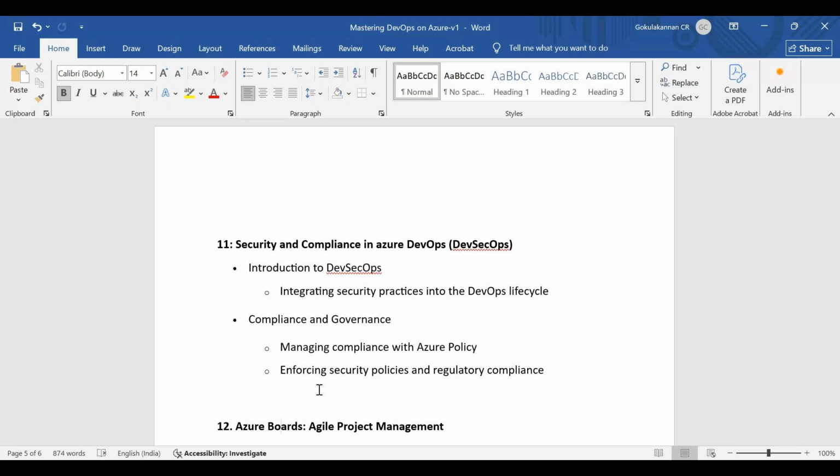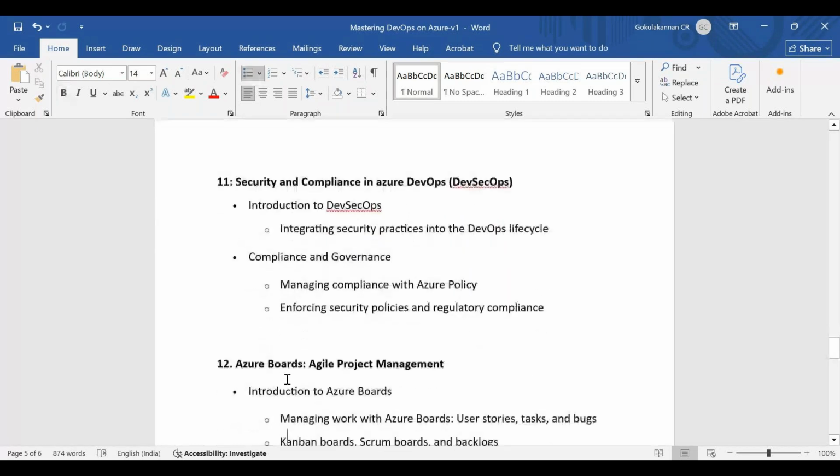Whether you are a tester, developer, or operations person, you need to follow the security aspect, because your data should be secure, your application should be secure, your website should be secured. So you should follow some best practices. I'm going to share about this DevSecOps practice and the different options provided by Azure to maintain this security. It can be your Azure policies, your Key Vault option, your security groups. Those things we'll be discussing in this topic.